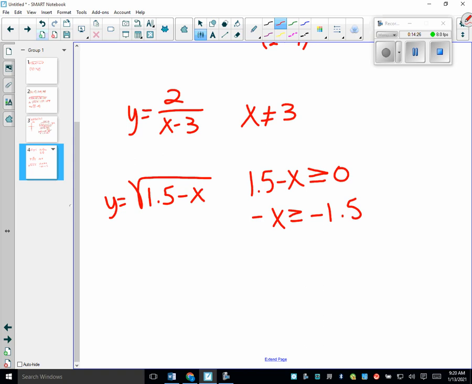What happens when I divide by negative? So x is less than or equal to 1.5? And that's my restriction for x. Make sense? Just kind of a variety of things bringing back